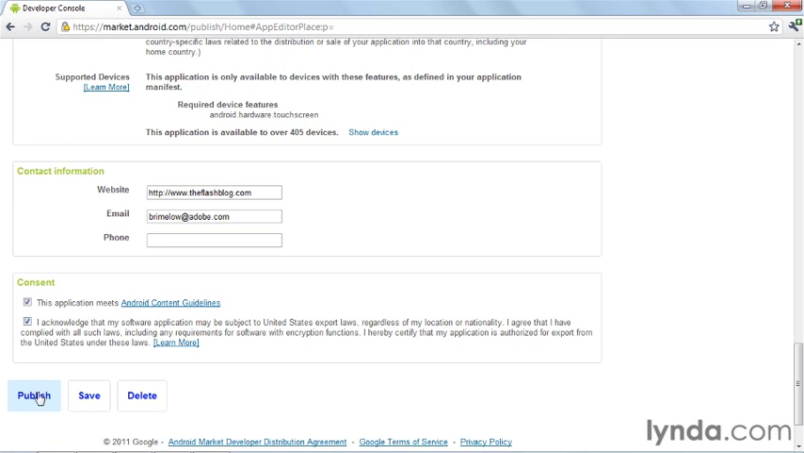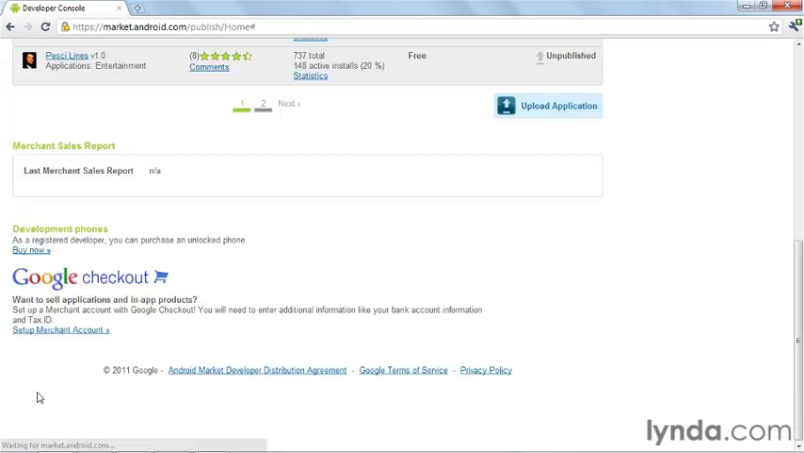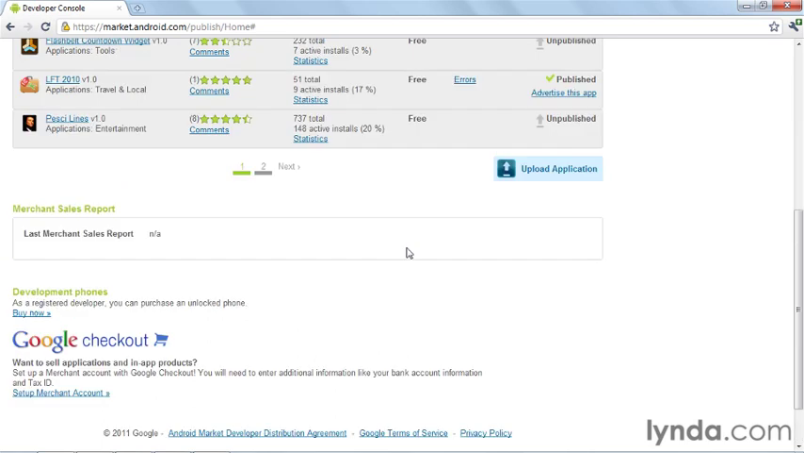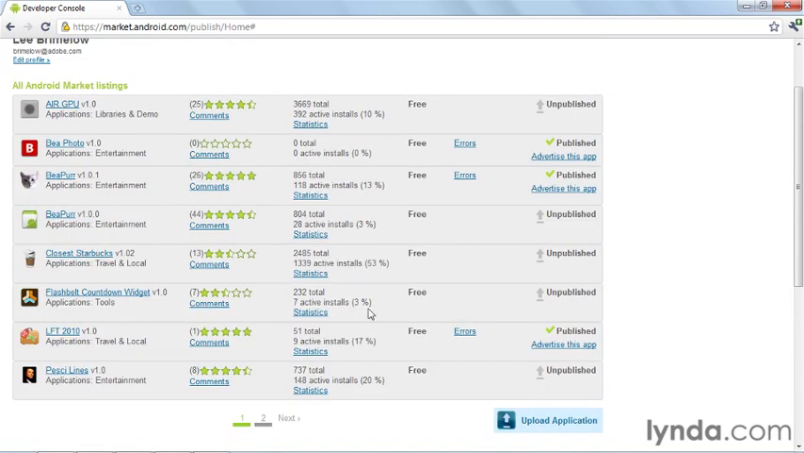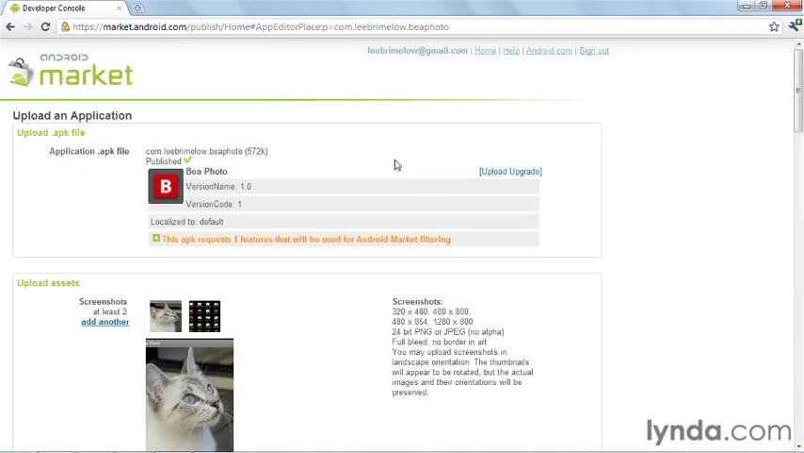So I'm just going to click publish here, and it's going to go through and check my application and make sure it's actually created correctly. And now we can see we have bphoto 1.0, and it's actually published on the Android market. Now, one of the things is the web version of the Android market does not update as fast as the mobile version. And one of the things you can do to try to get a direct link to it is